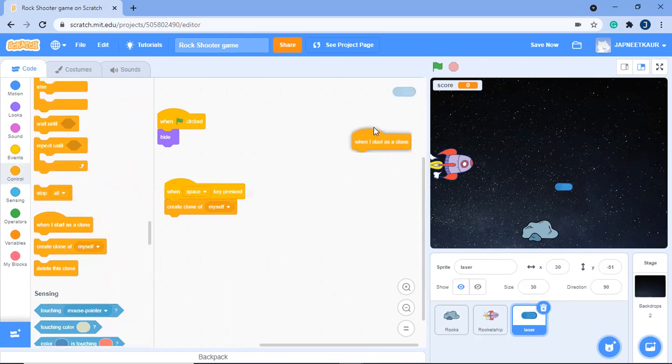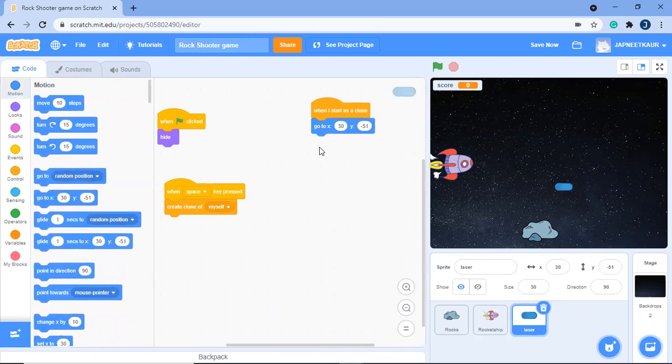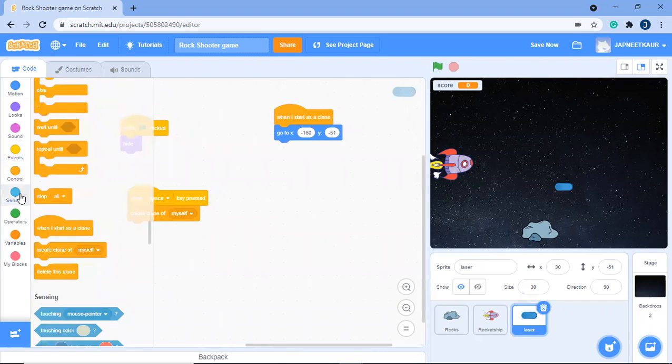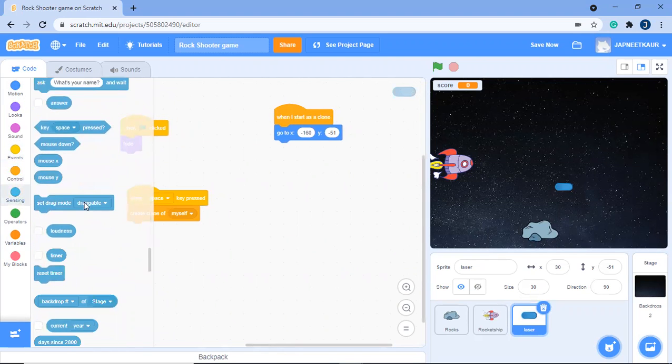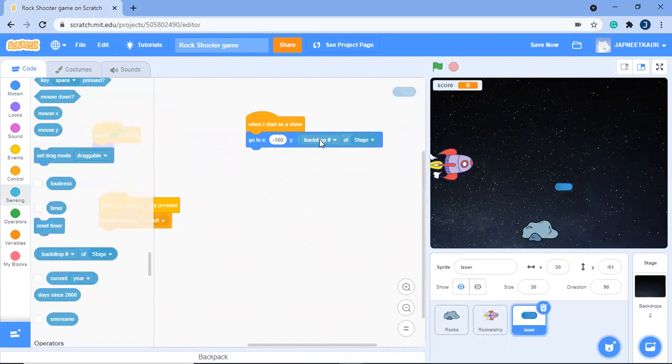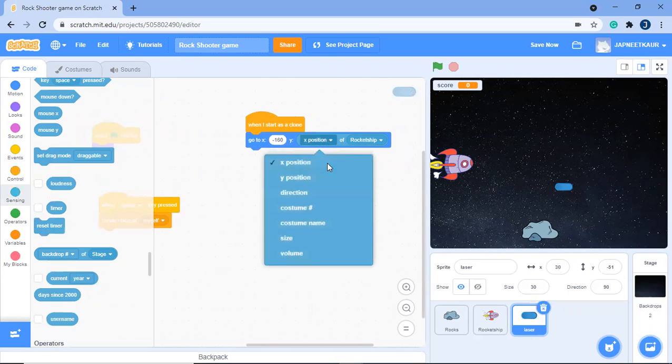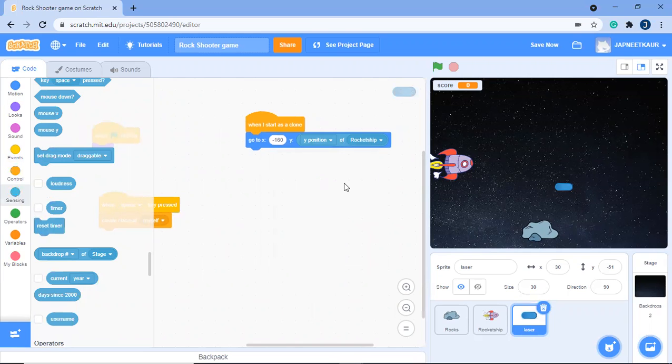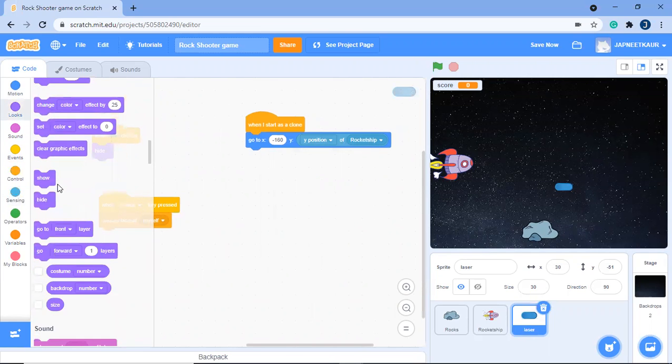And whenever it starts as a clone, go to XY position, go to X to be minus 160, and Y position we will go to sensing block, and over here we get this one backdrop hashtag of stage. So at first we will take Y position. If we are not getting Y position over here, you will go to the stage and take rocket ship, and over here you will select Y position. Now it should show,